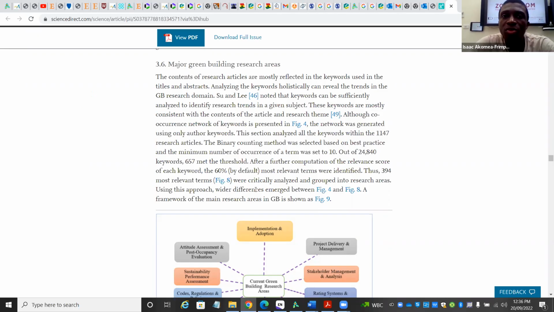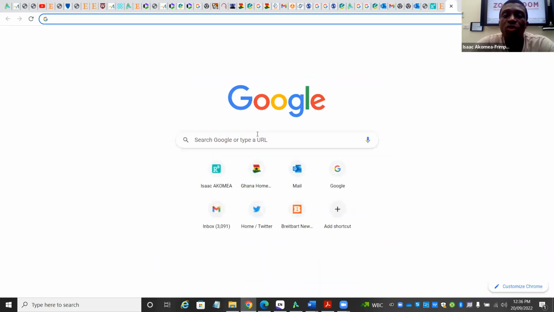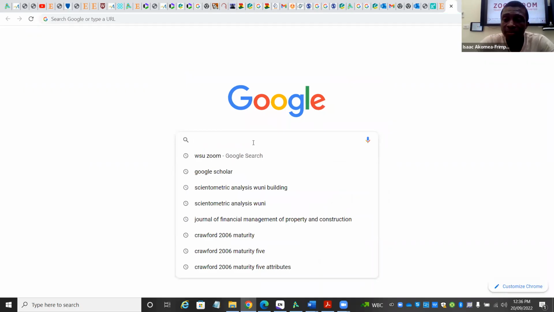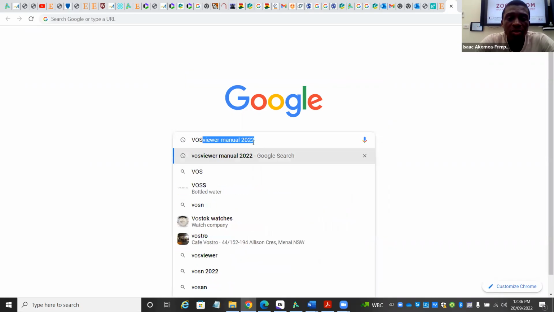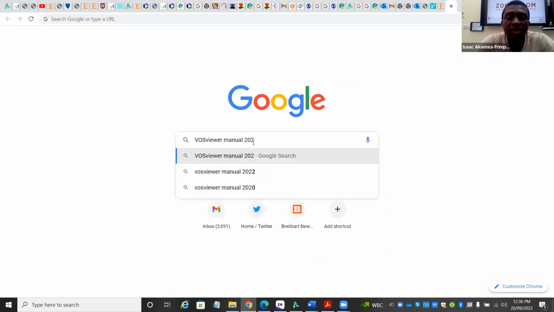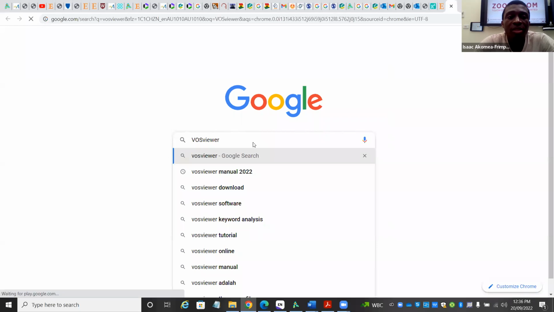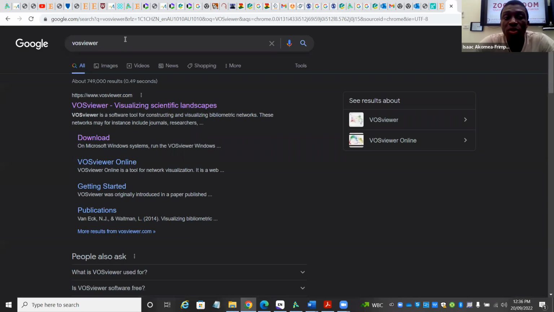Okay, so what is the first step? Just like how I taught you the other time using the VOSviewer, I gave you an overview. So what is this whole VOSviewer about? If you want to get VOSviewer, just come online, or use Google, and then Google VOSviewer. When you search for this, a normal Google search, not in a string thing, it will give you this. Then you click on this,